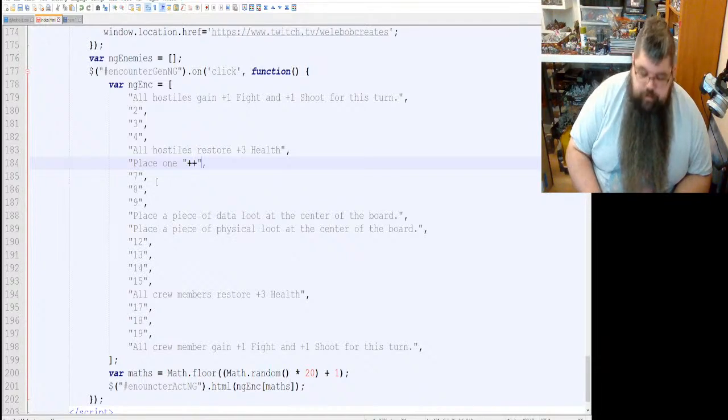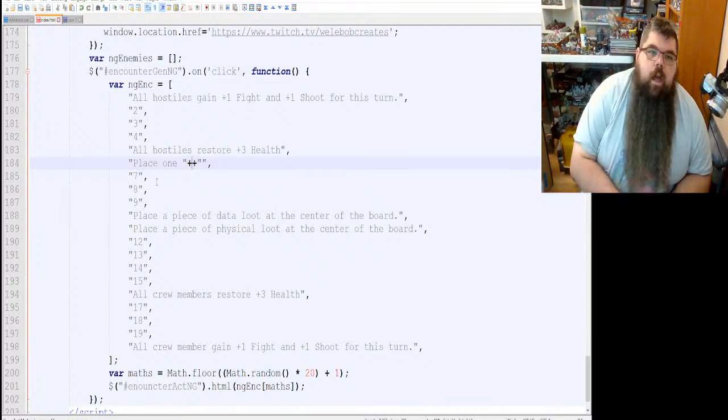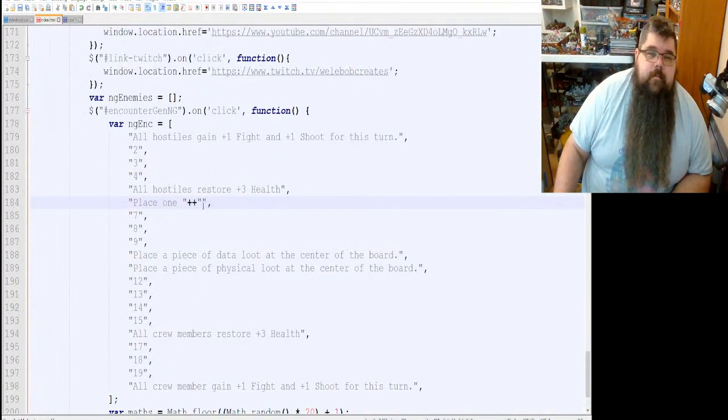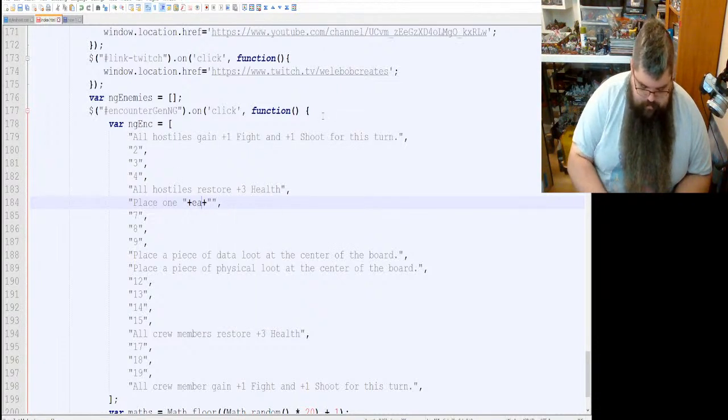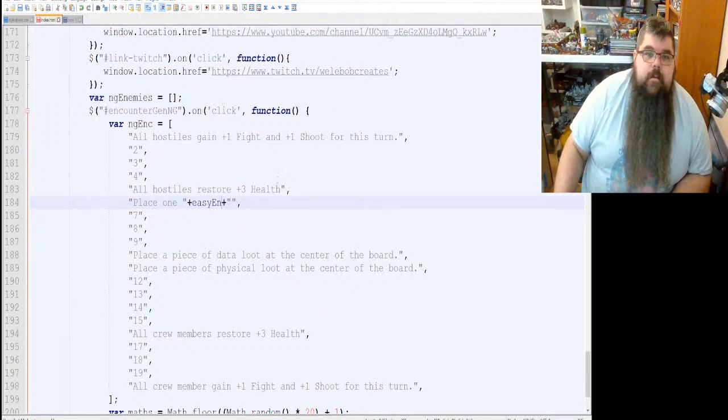And then what we're going to do is we're going to do one of these guys here. So we're going to call a JavaScript variable in the middle of this string. And this might actually get angry at us. So we're going to test this out. It might not like this inside this, but we're going to test it out and see if it works. I know, let's call this variable easy n.